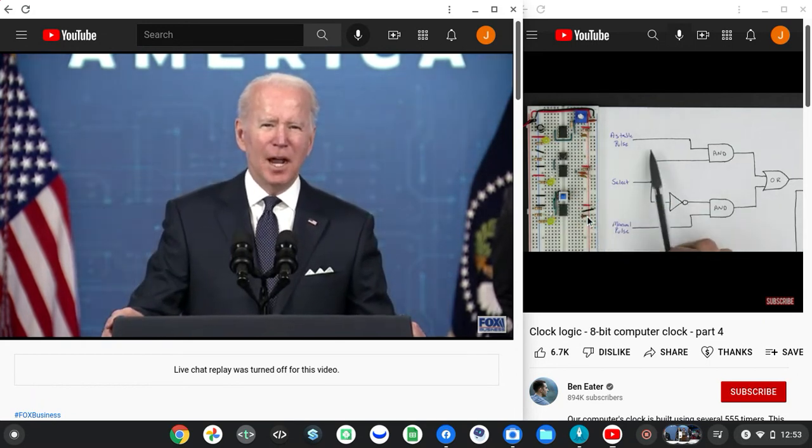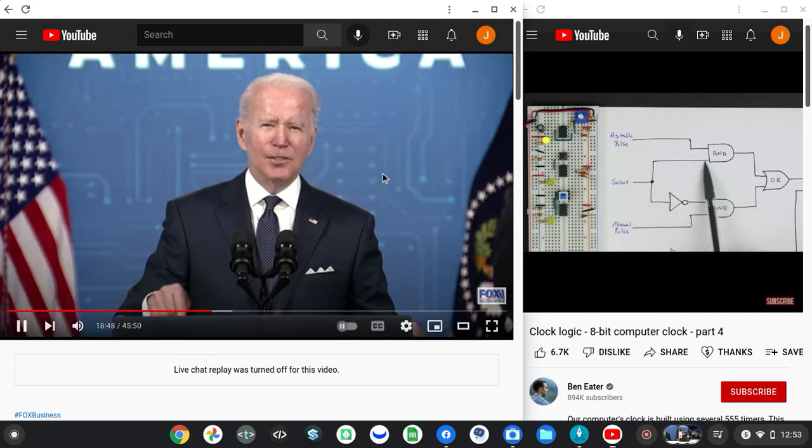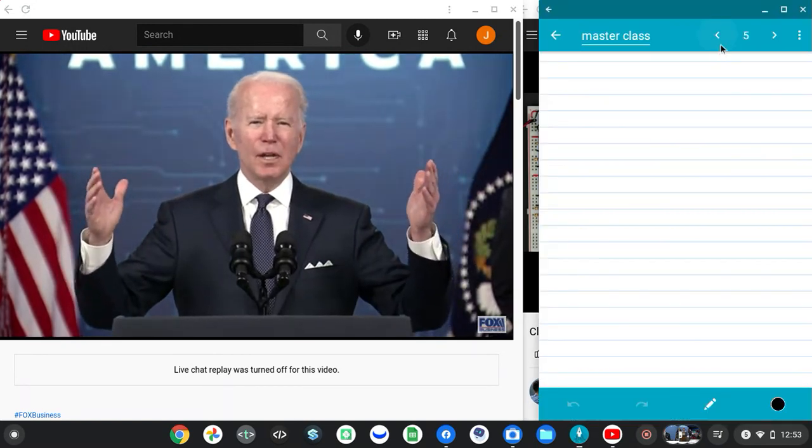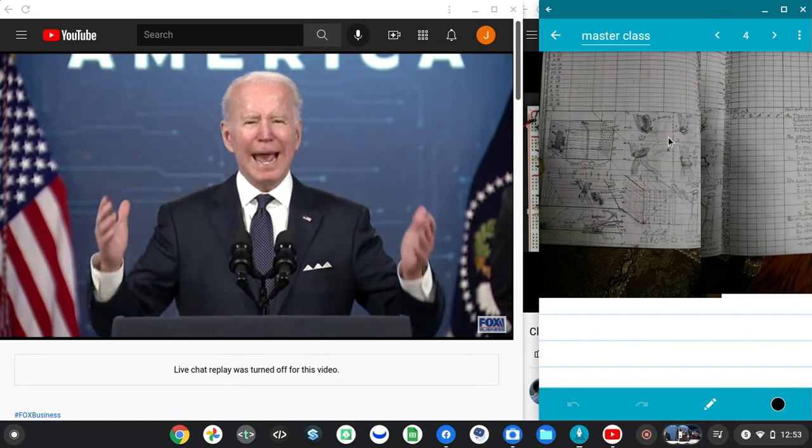If we turn the select off, then our clock pulse isn't going to come out. This AND gate's always just going to output a 0. On the other hand,